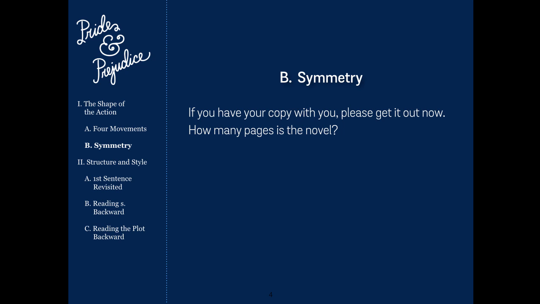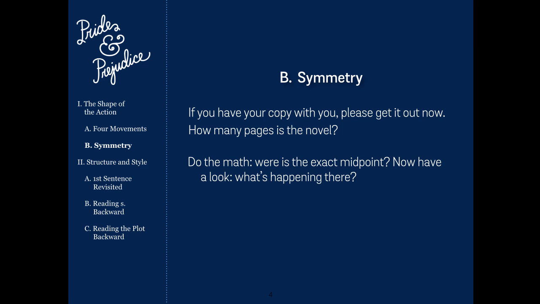The novel starts on page 3 and ends on page 266, so there must be 263 pages. Where would that make the midpoint? Half of 263 is 131.5. So the midpoint must come on page 134. Take a look. What's happening there? Elizabeth is just winding up her refusal of Darcy's first proposal, which, as I mentioned, is the turning point in